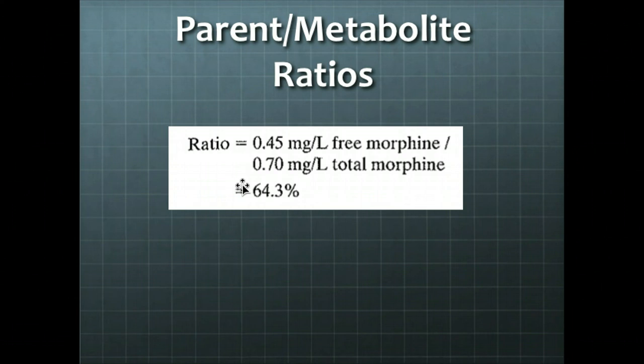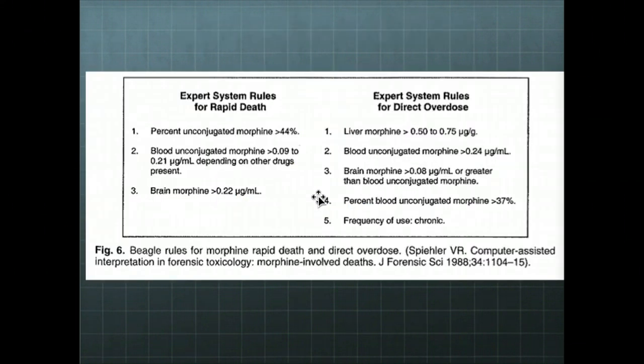If we go back to case history 1, the ratio of free morphine to total morphine was 0.45 milligrams per liter divided by 0.7 milligrams per liter total morphine, which equals 64.3%. The significance of this is discussed on the next slide. Here is a table